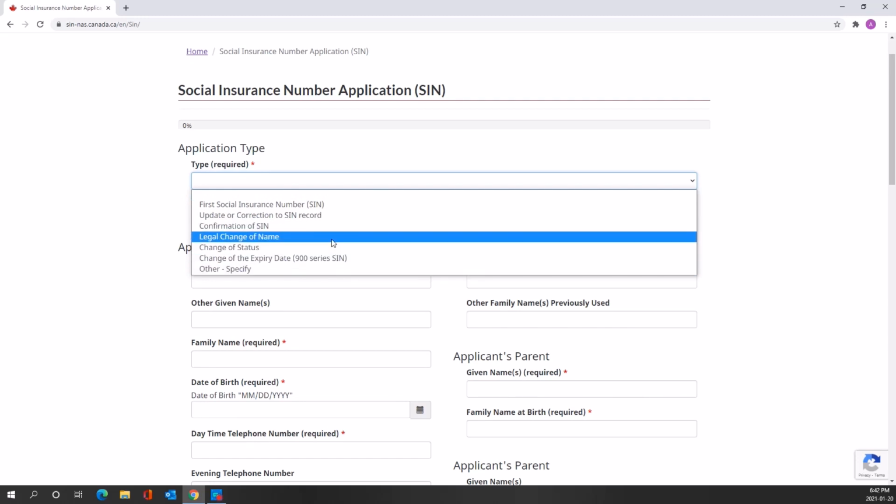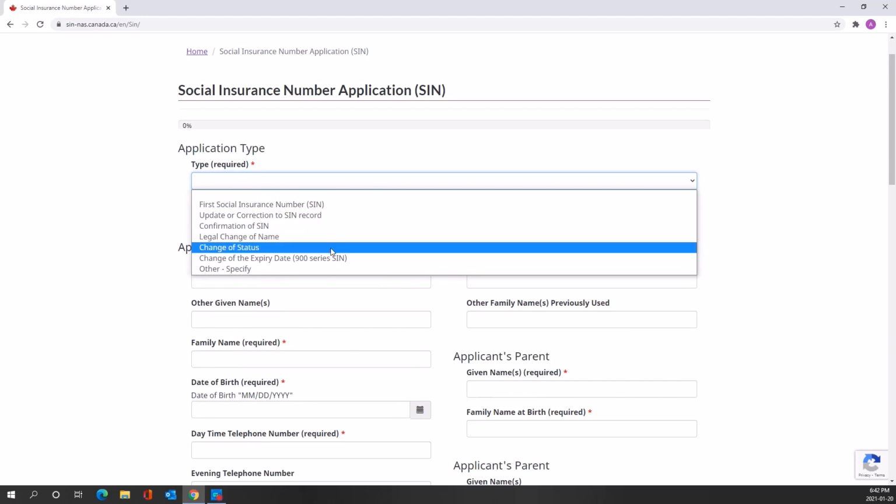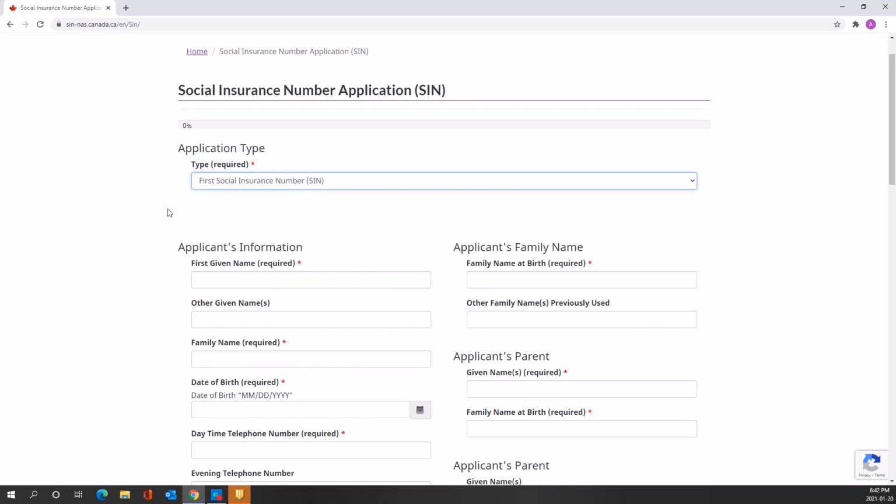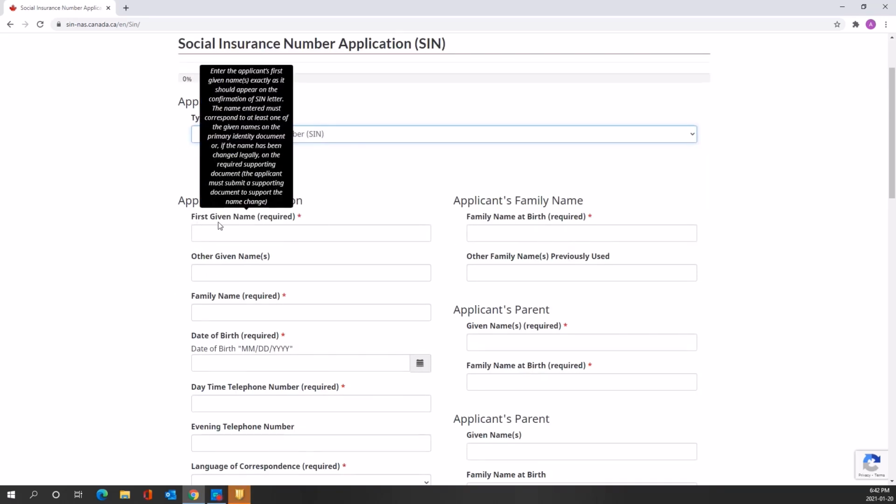And if you have recently got your permanent residence status, which is PR, then you need to change your SIN number, and for that you need to apply online or at Service Canada, but due to lockdown it's closed, so you can use this one, and for that you just select change of status. But for this video, I'm going to select first social insurance number as a student.